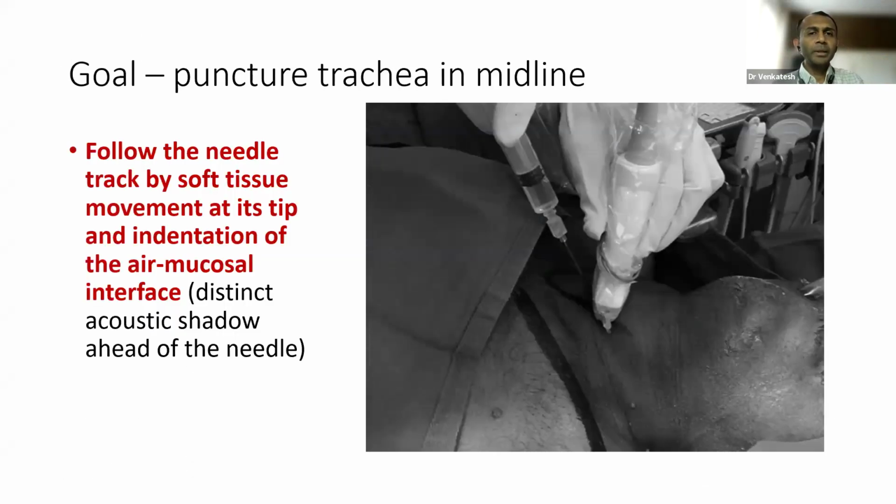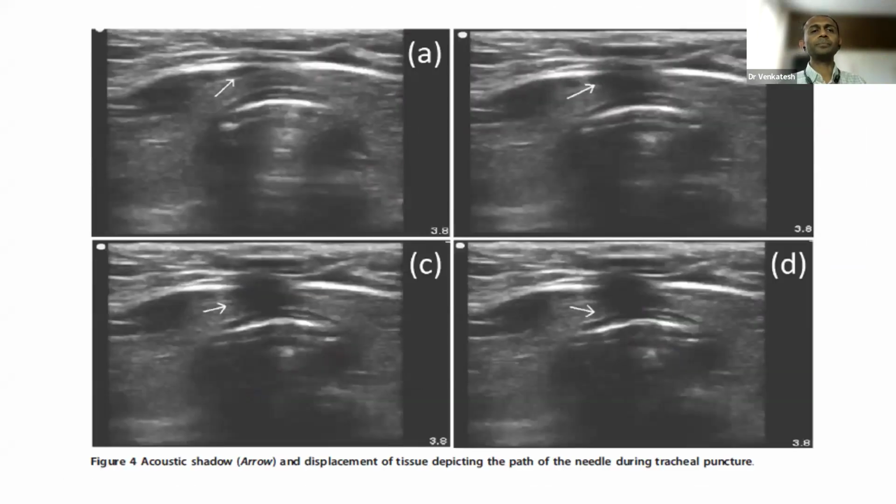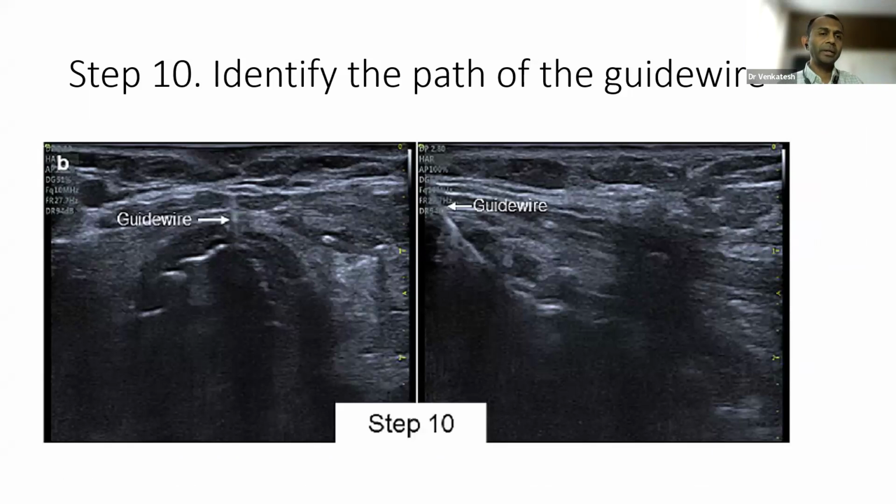Coming to step 10. Step 10 is identify the path of the guide wire. So you entered, you identified the midline in step 9. Then you entered with your syringe. So you entered the predetermined distance. Say, for example, I said from skin to trachea is around 2 centimeter. Within 2.5 centimeter, you should be able to get the air. Once you get the air bubbling into your syringe filled with the water, you leave the probe, stabilize the needle, you pull out the syringe, put the guide wire inside the needle,